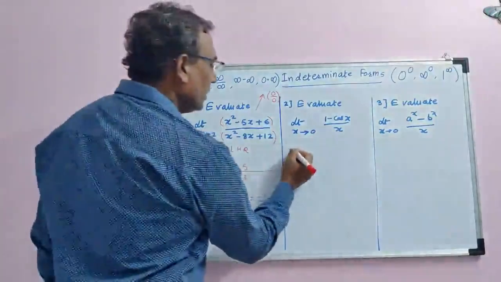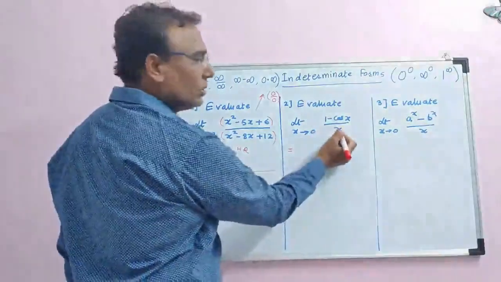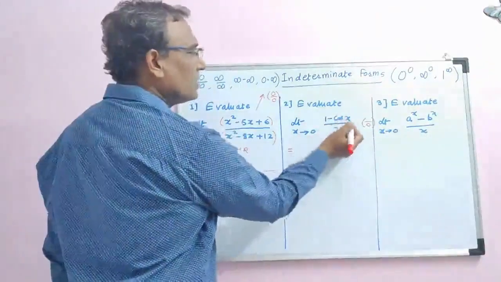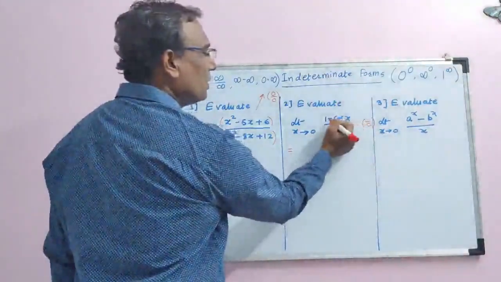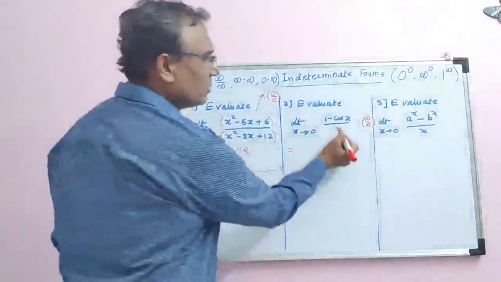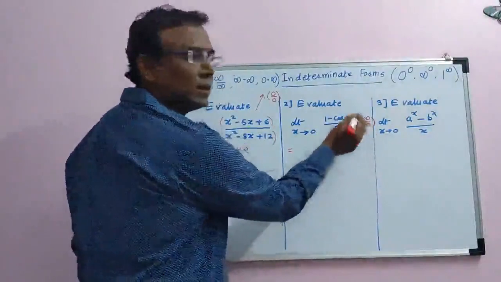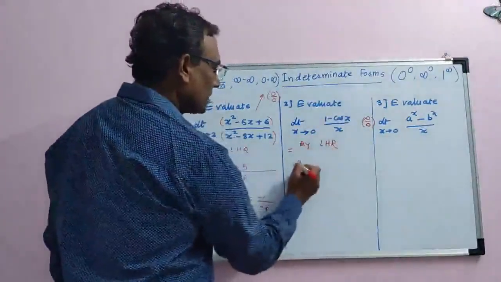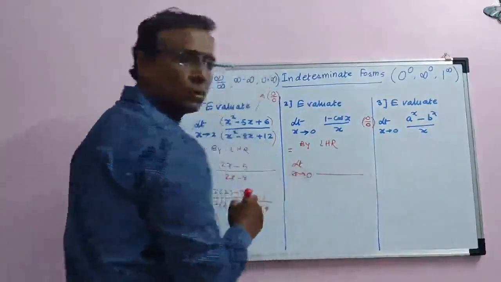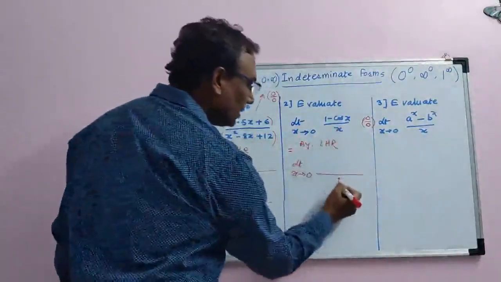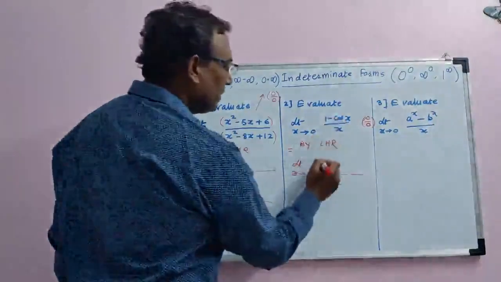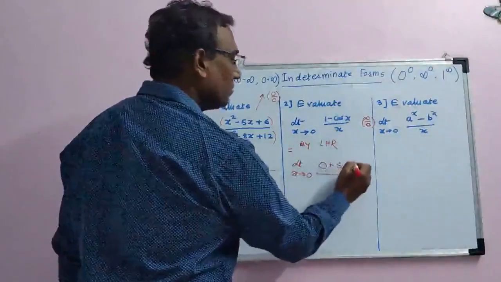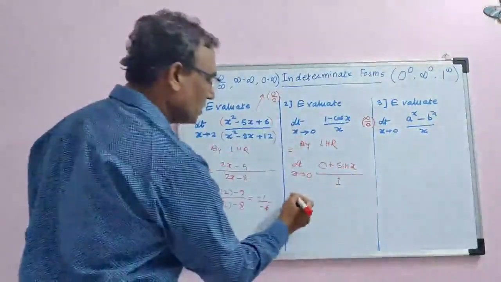Now here, if you put x equal to 0, then the denominator is going to become 0. And for x equal to 0, cos 0 is 1, 1 minus 1 is 0. If you put x equal to 0 and the denominator is 0, then the numerator will definitely be 0. By L'Hospital rule, the limit x tends to 0. In L'Hospital rule, what do we do? Take the derivative of the denominator: the derivative of x is 1, the derivative of 1 is 0, the derivative of minus cos x is plus sin x, because the derivative of cos x is minus sin x, minus minus plus.